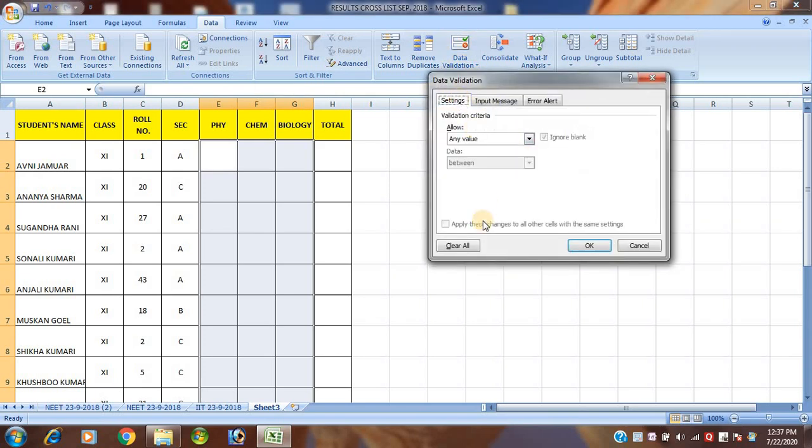Okay students, setting. Click on the allow, then whole number, minimum is 0, maximum is 80.